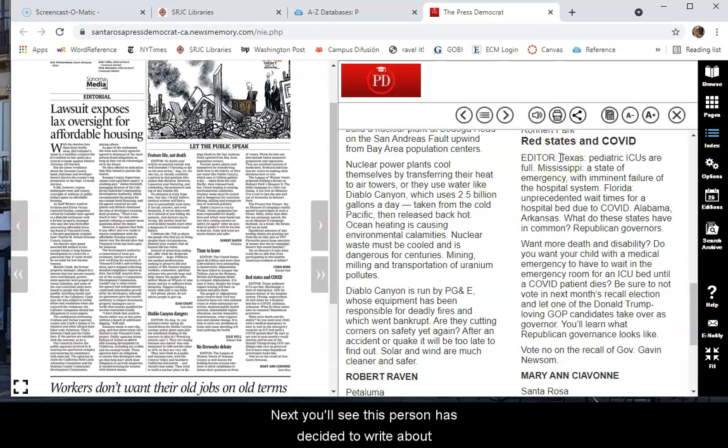Next, you'll see this person has decided to write about the COVID pandemic and in relation to the political situation. We know this because they talk about red states. And then they go on to list some different states, Texas, Florida, Alabama, Arkansas. And the claim of this person who wrote the letter is that all these states have Republican government. You could